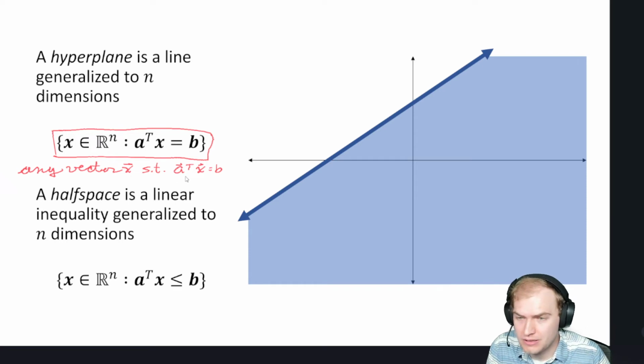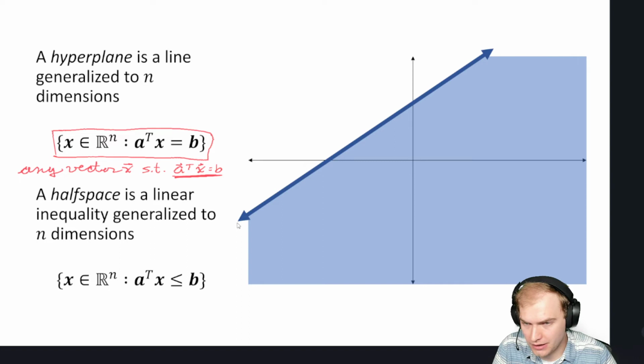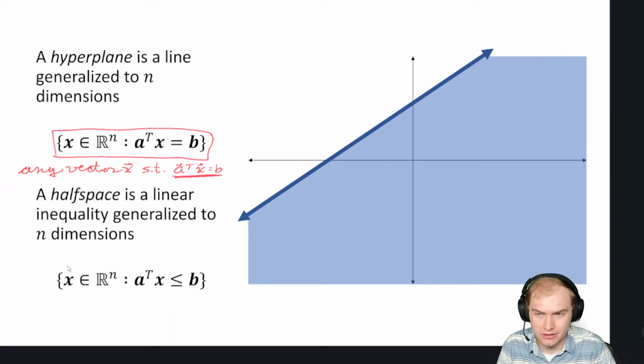And you may remember from our modeling discussions that Ax = b is a linear function. So a hyperplane is just the set of points that are valid to lie on a linear function in however many dimensions. We can see in R2 that our arrow here is a linear function, and in R2 a hyperplane is just a line. A half space